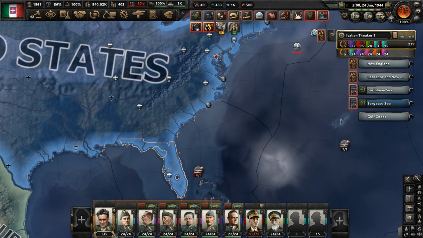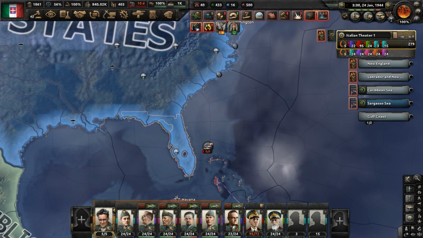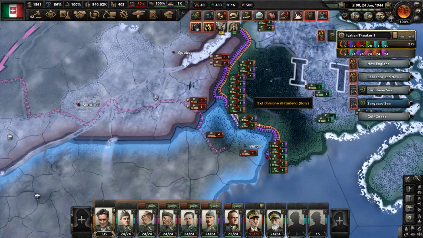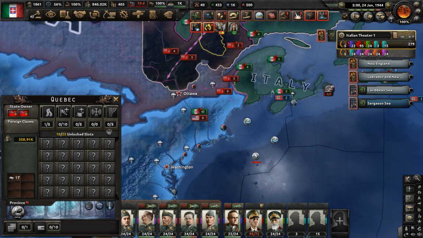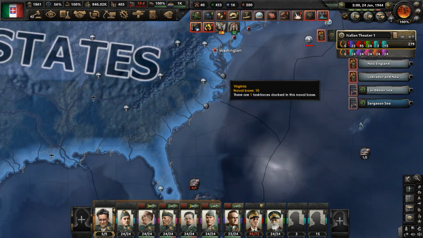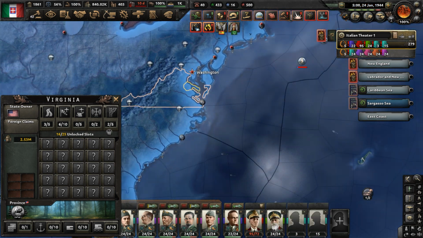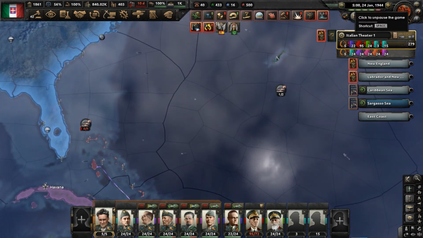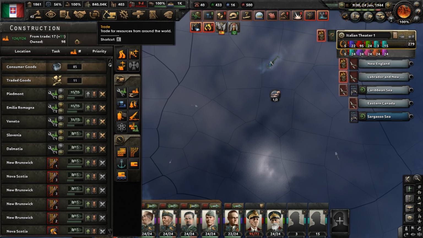So we're hoping to have 3 fronts ultimately in North America, one established in Florida in the future, this one in New England, which is sort of stagnant, and this front in Quebec and Canada. And then maybe we'll go for a 4th front, say the mid-Atlantic area, like in North Carolina and Virginia here. Maybe, we'll see. And now let's unpause, but before we do that actually, let's go to our trade tab